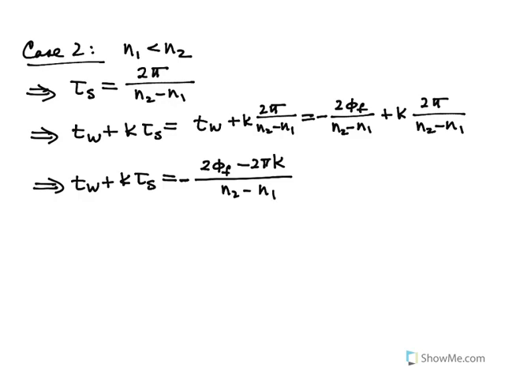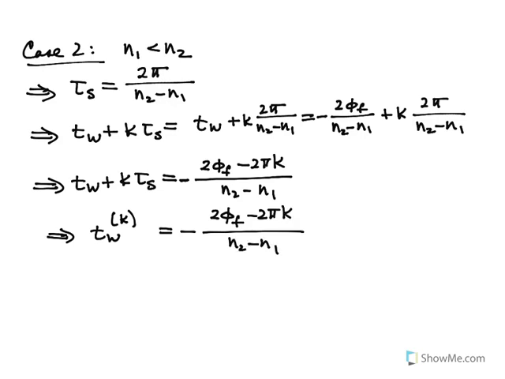So now we have the two possible cases, which is that this is equal to t sub w k is equal to minus 2 phi f minus 2 pi k all divided by n2 minus n1,